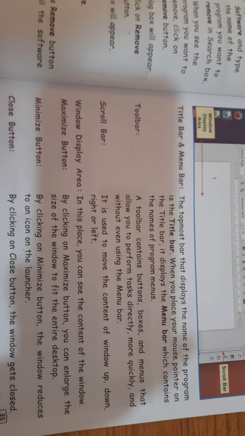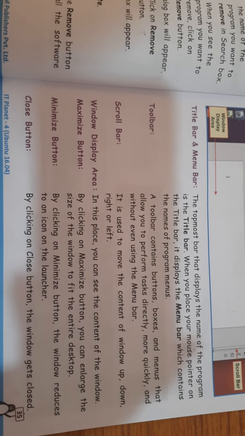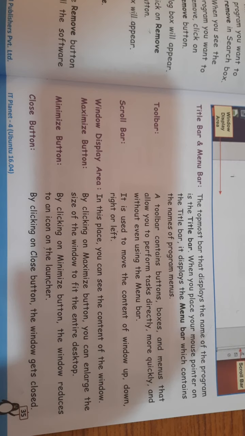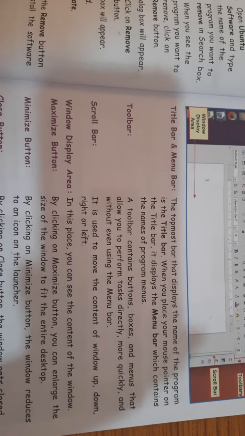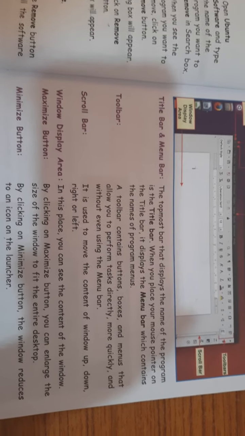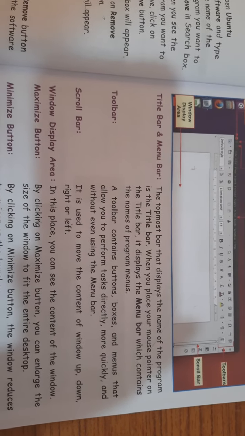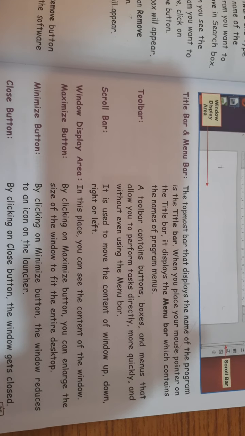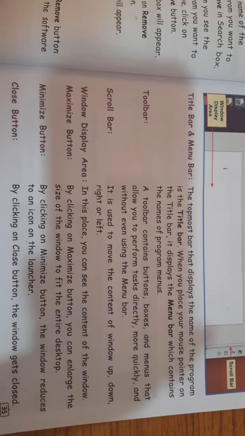Then is the maximize button. By clicking the maximize button, you can enlarge the size of the window to fit the entire desktop, meaning it fits your window to the complete system. Minimize button. By clicking on the minimize button, the window reduces to an icon on the launcher.